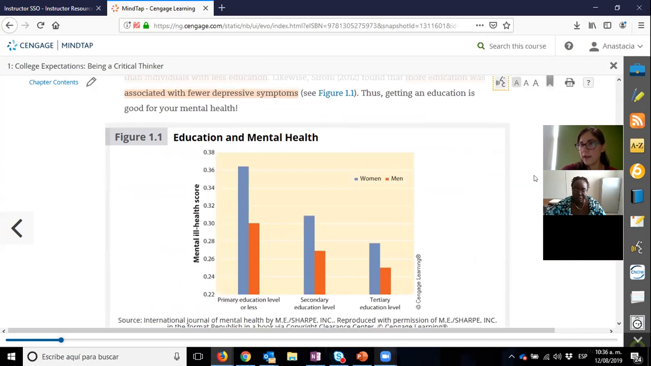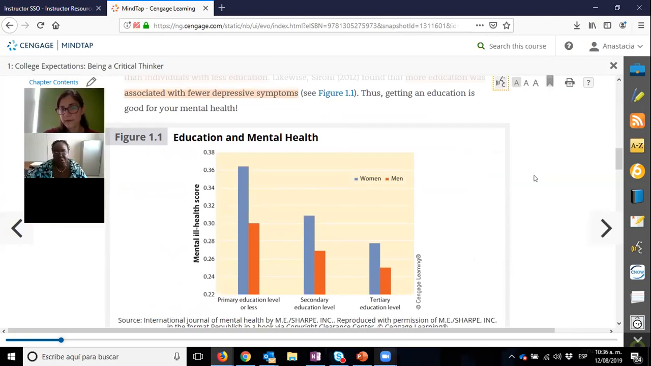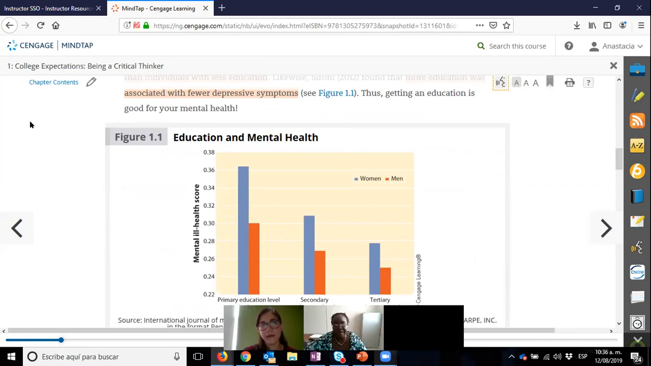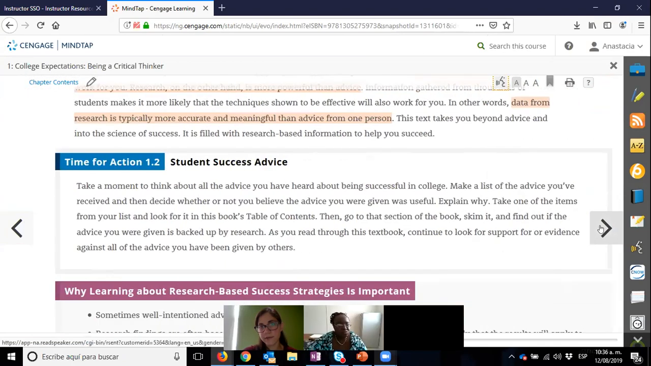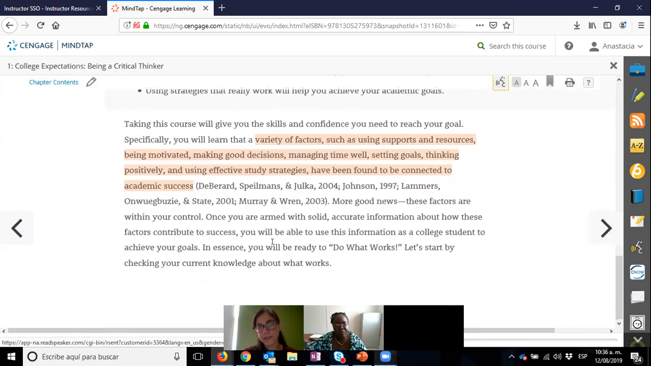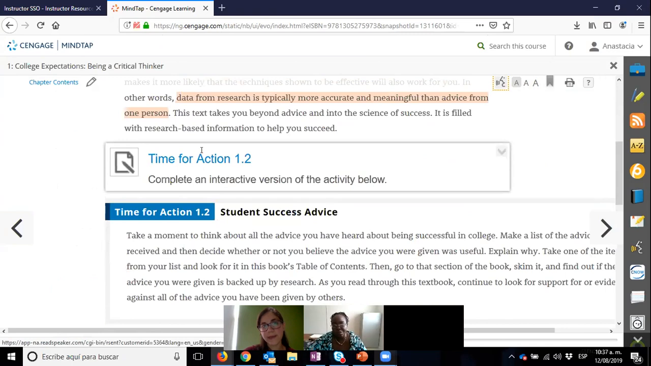Okay. Any questions of the ebook so far? No? Okay, so again, you can use these arrows to move up, forwards and backwards. You can underline and you can add notes. And the book is embedded with